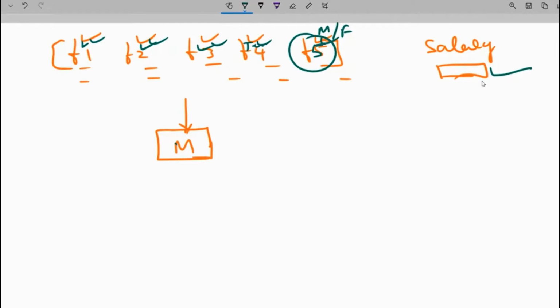But still my model is going to understand, okay, if it's a male, then my salary is something, and if it's a female, my salary is going to be something. It will try to differentiate there, just because I have a feature here which is not at all important in this case. So in that case, the model is trying to learn each and every data in all the features